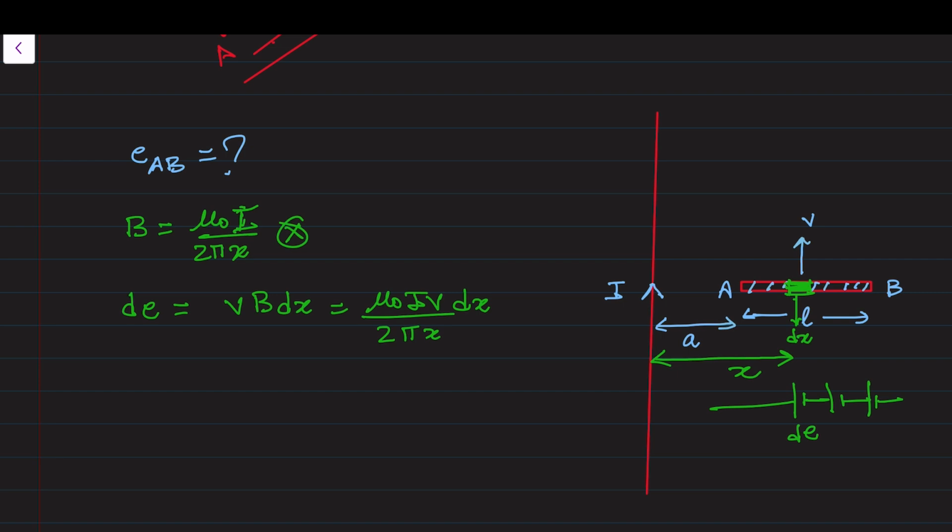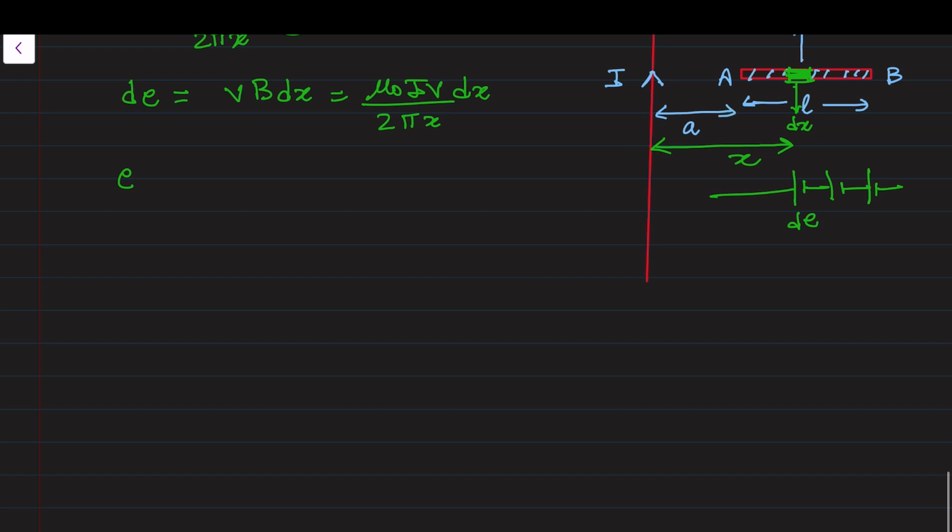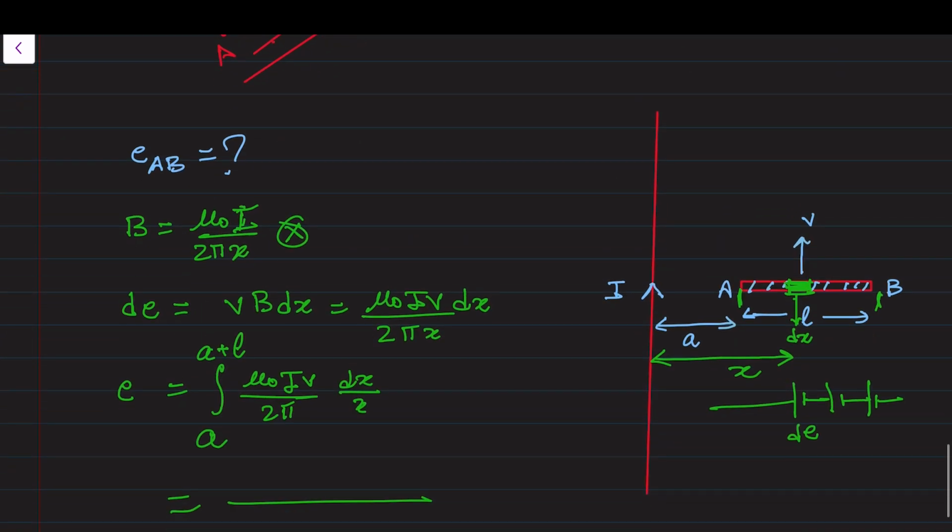Since all the polarities are going to be the same for small elements, they are in series, so the equivalent EMF will come out to be the integral of dE, that is mu naught I V upon 2 pi times the integral of dx by x. X varies from this location to this location, that is A to A plus L, and you will get your answer, right? So here, non-uniform magnetic field,